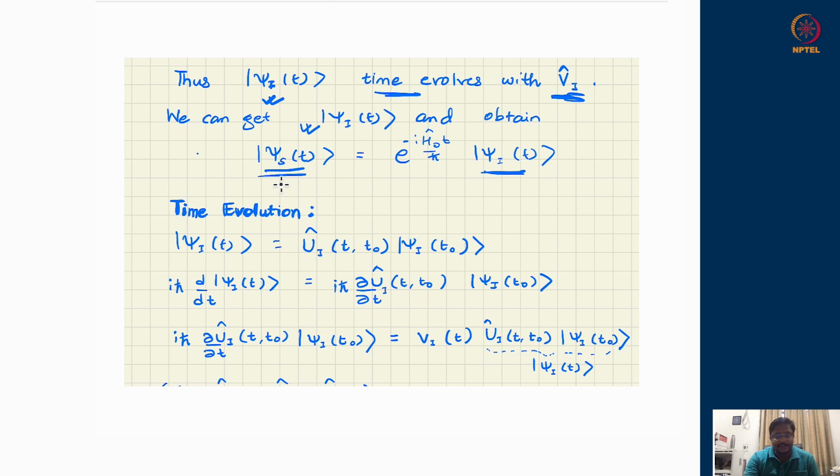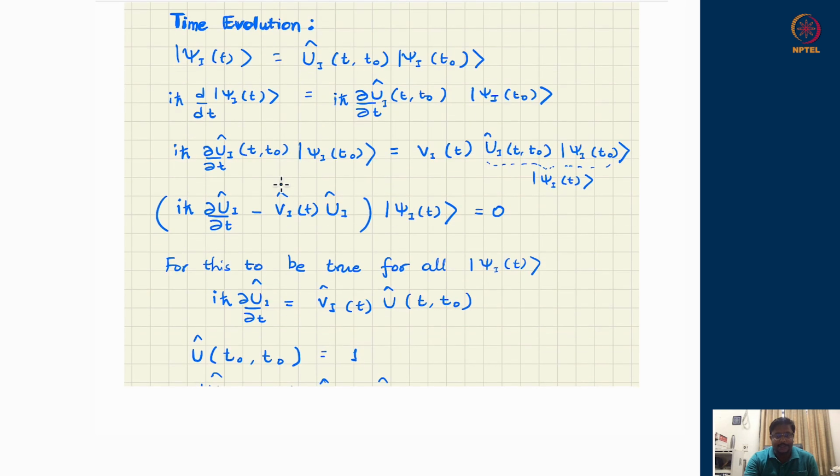So this is a useful tool, as we will see, that if I just focus on the time evolution of the interaction picture, then as we saw, the time evolution is being governed by a unitary operator which is made completely from the perturbation potential or perturbation Hamiltonian. I'm going to write it like U I.